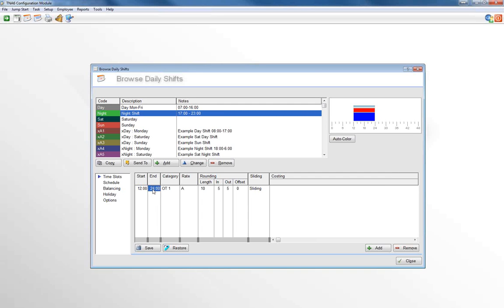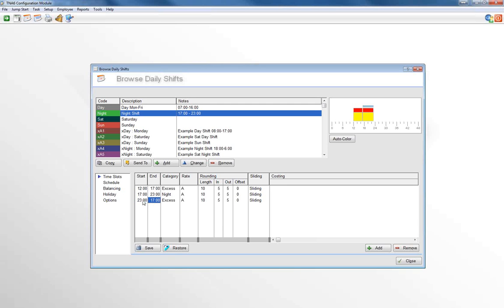We're going to specify anything before 5 o'clock as excess. I still want my rounding. I'm happy with that. I'm going to create my normal time slot, and I also want overtime afterwards. So I'm going to add those two. 1700 till 2300, which is 11 o'clock. I want this to be allocated to the night shift column because we created a separate night shift. And then from 2300,